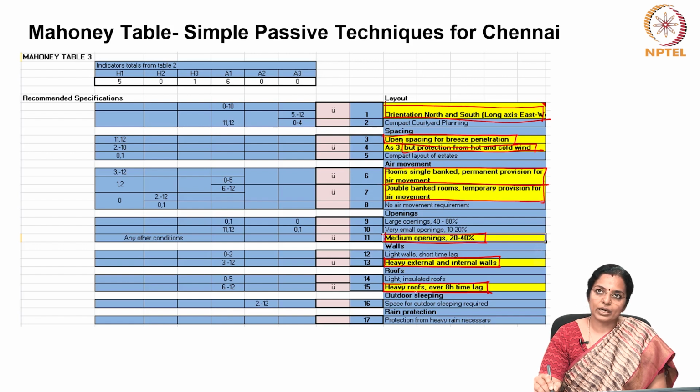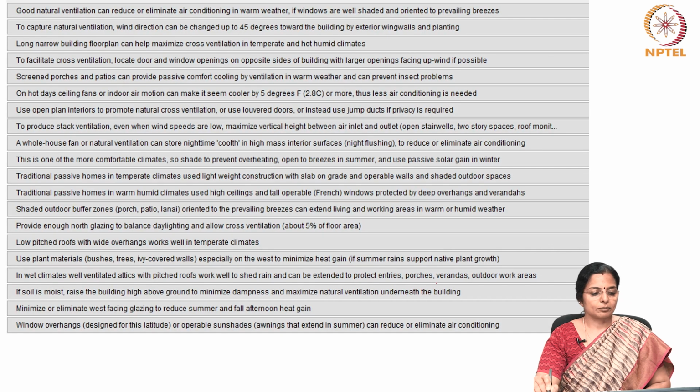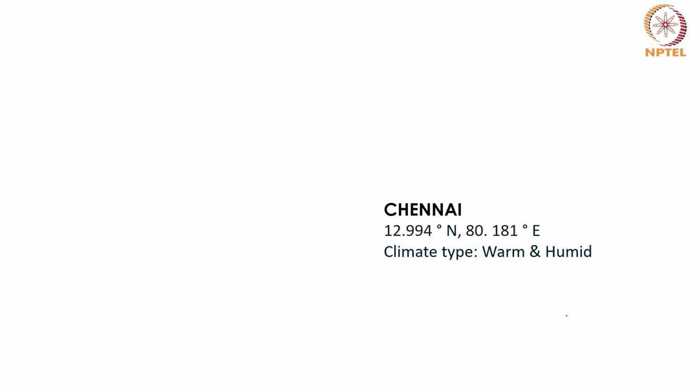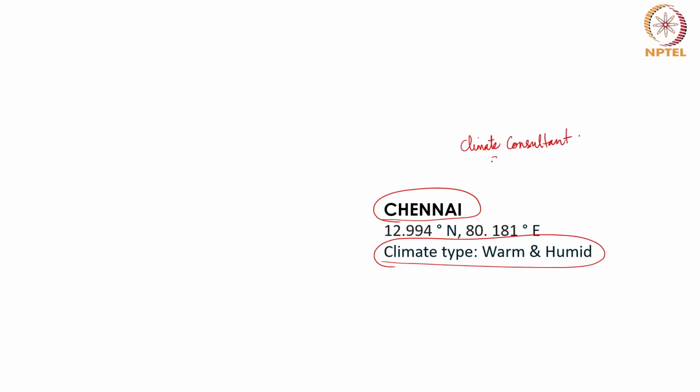Now let us look at what the climate consultant gives as broad planning and design guidelines. So we saw what Mahoney's table is giving as a suggestion for simple passive strategies for a warm humid climate. Now here we will see, with the help of Chennai city, its climate type, considering it to be warm and humid, what climate consultant suggests as simple passive strategies